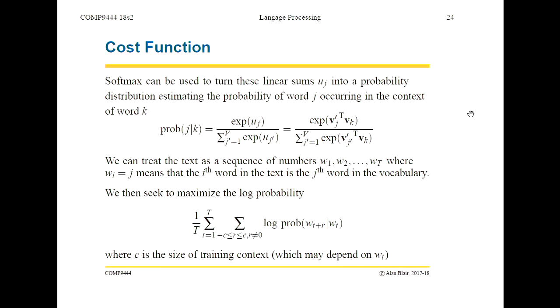So if we had enough computation time, what we would do, right, we treat the text as a sequence of numbers. So W1, I apologize, two different indices are being used for two different things here, but when we say W1, W2, WT, we think of this as just a number. So if W1 is equal to 7,523, that means that the first word in the text is word number 7,523 in the dictionary, right? So once we've gone through and extracted all the words that occur, and we number them, give each one a unique number, then we can turn the corpus into just a sequence of numbers. And then